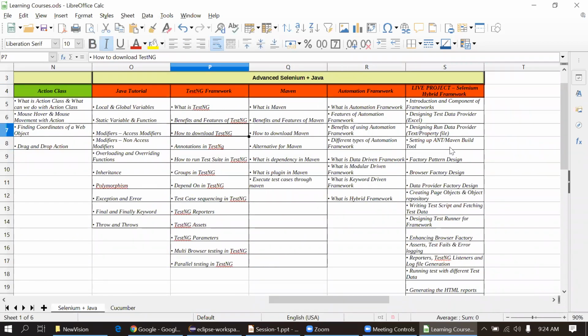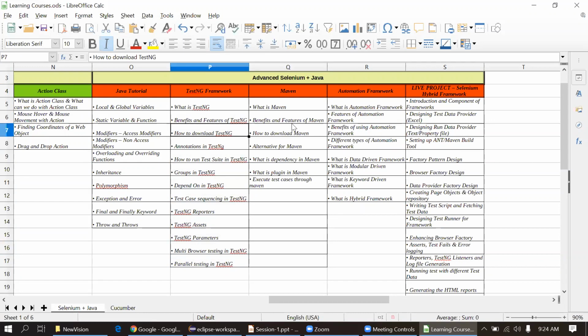On TestNG, suppose you want to execute the test case on multiple browsers. We can use TestNG, and only a few minor configurations we have to do in the testng.xml file, and we can execute the test case on different browsers on the same machine. That is the use of TestNG. This is an add-on on top of Selenium and Java. Actually, we can execute the script without TestNG, but it will make a very complex structure of the automation framework. So TestNG is also recommended in the automation framework to make the tests easy.